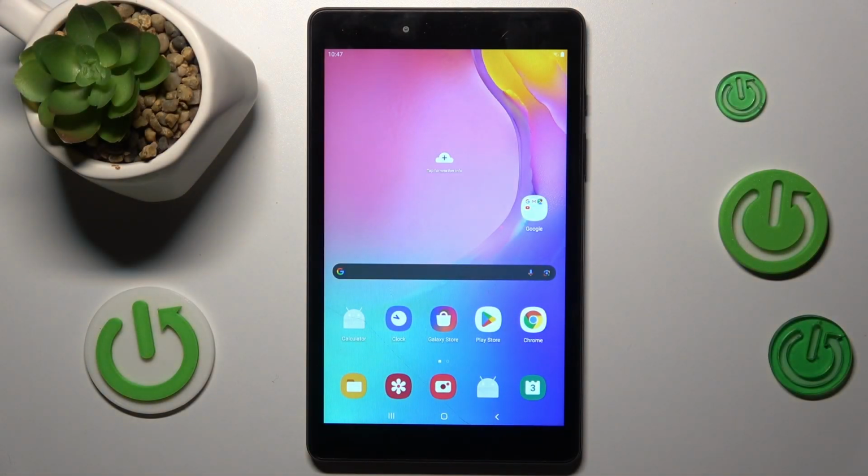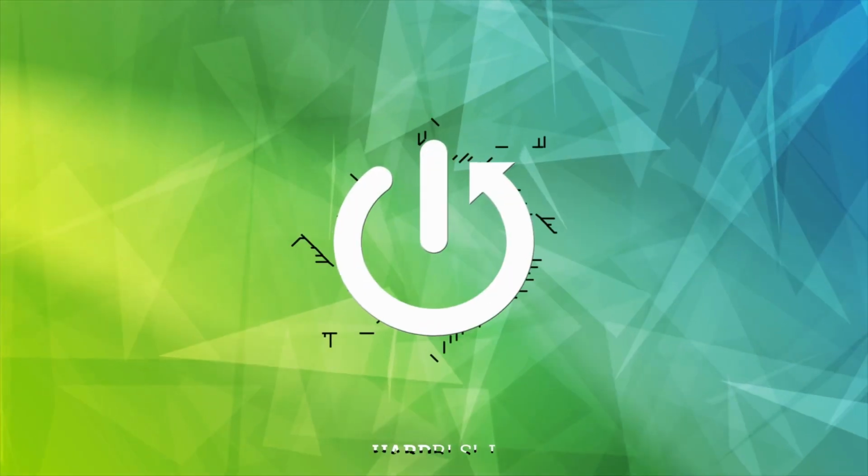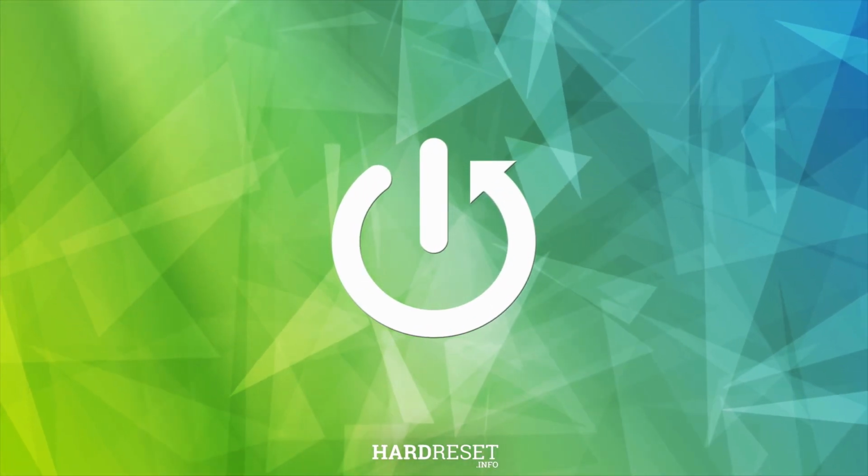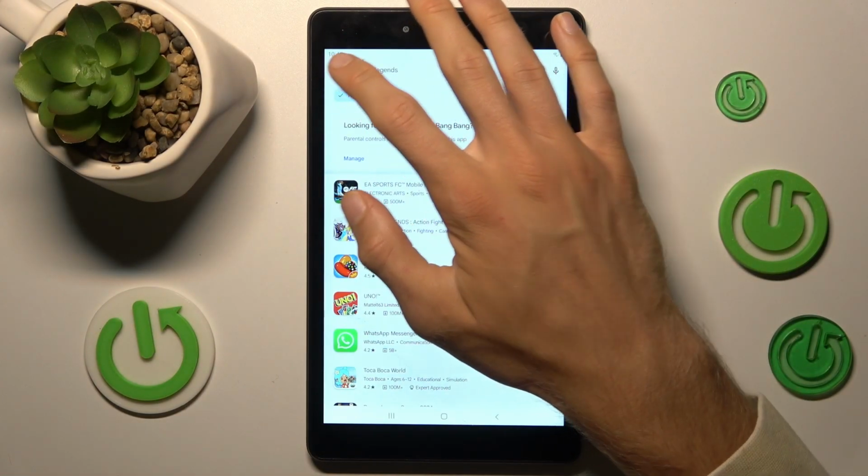Today I have Samsung Galaxy i8 and I want to show you how to fix the problem when your Google Play Store games are not visible on it. When you have the same problem as mine, go back to the main menu of your Google Play Store and